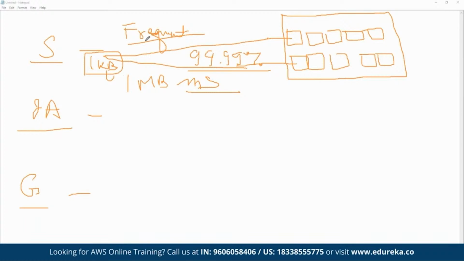And all those frequent files that we need on a regular basis can be stored as a part of standard class. All right. Now next is infrequent access. In infrequent access, we simply store those kinds of files which we do not need frequently, but if we need them, they can be fetched